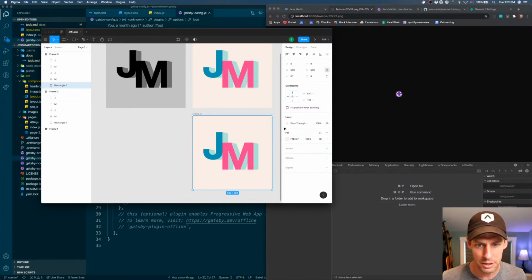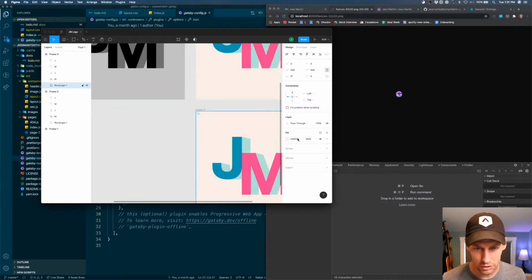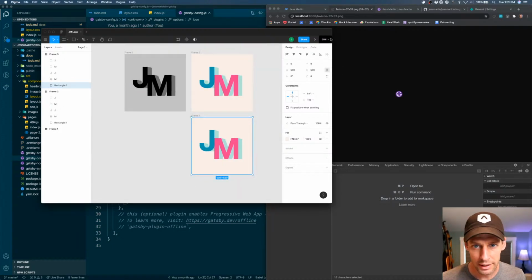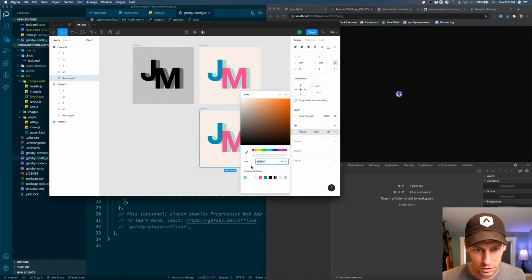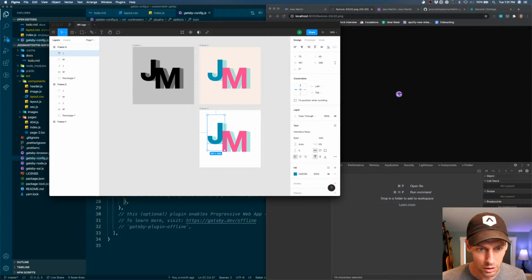I'm fairly new to Figma. Like I mentioned, I've been using Sketch for quite a few years. Let me see if I can make this interface larger. I can't. Okay, that's fine. So I think if I change this to be transparent, we should be able to. Let me see. There we go. I think that'll give us what we want. And then I want to bring this frame in relative to the size. Since I'm making a favicon, I'll probably,